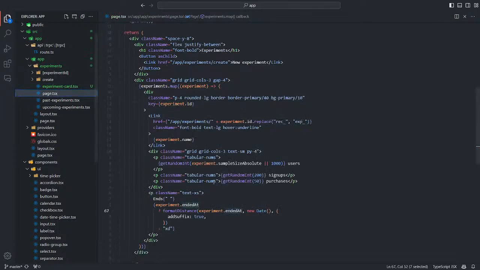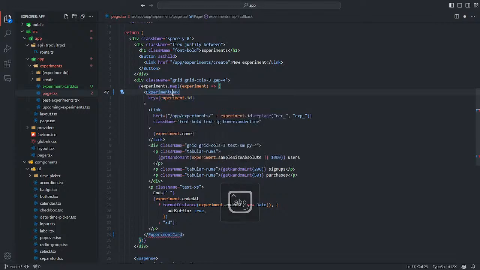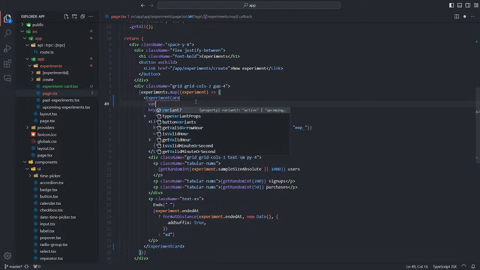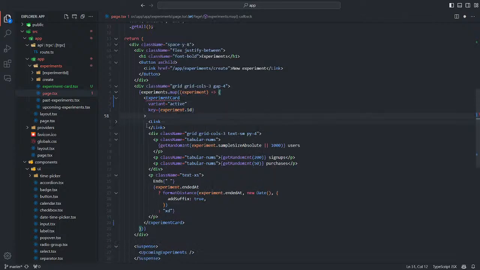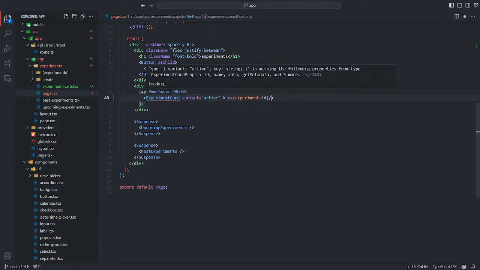Okay, let's test this. So we have experiment and we want to import experiment card, and an ID and the variant. It will be, in this case, active. We don't need children here.